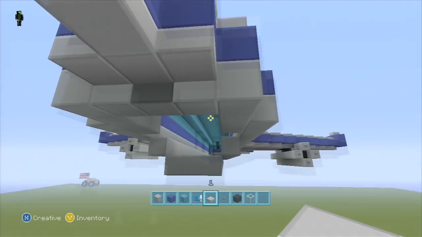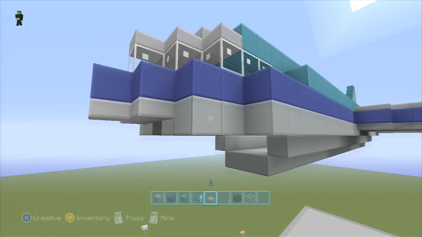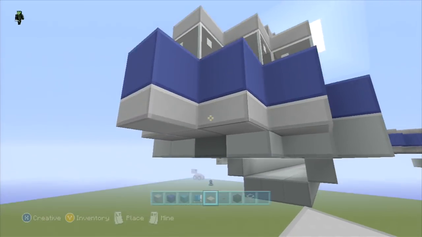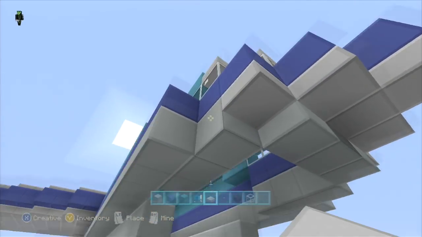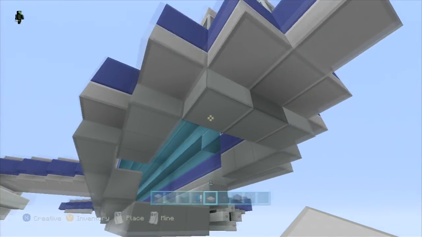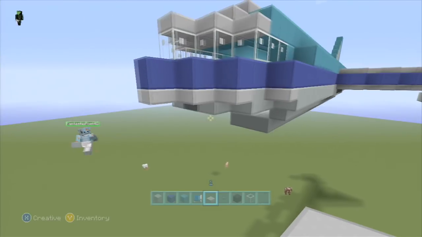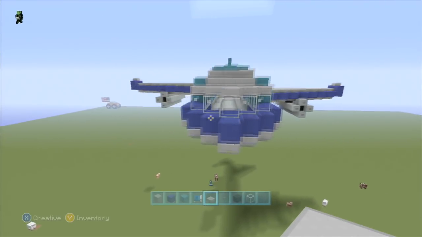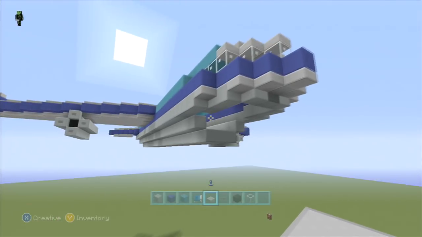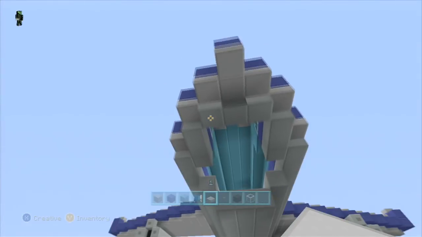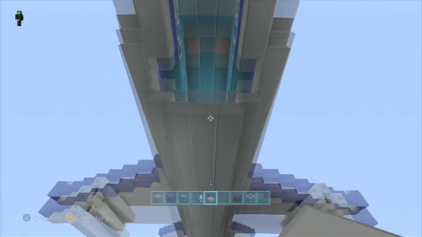I'm gonna put some half slabs there because we've got to half slab it in a little bit so it's not too blocky. And there you go. That's a good point to get to right now. So we're all even on all the sides.